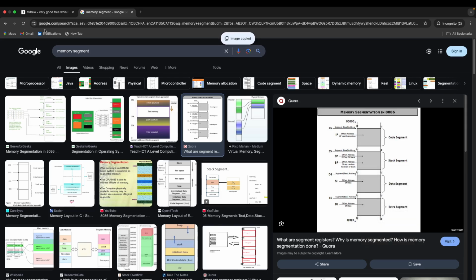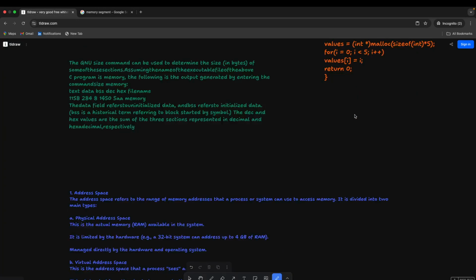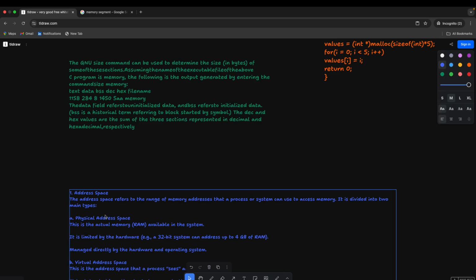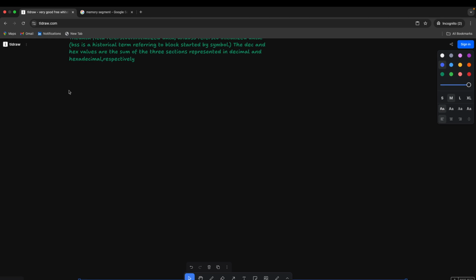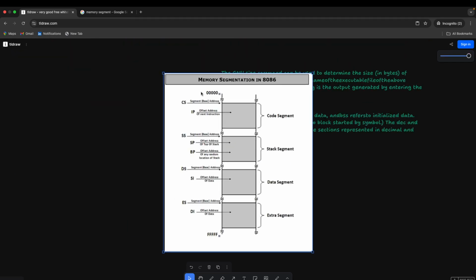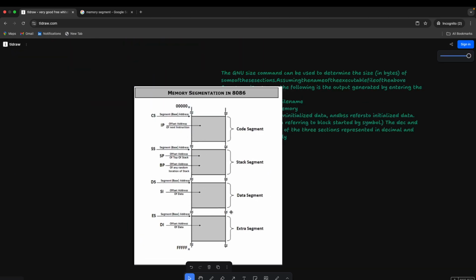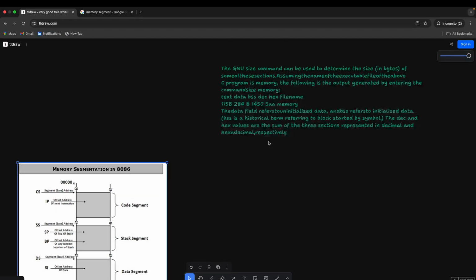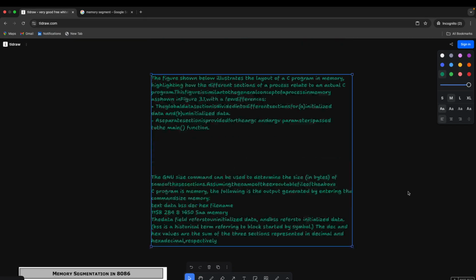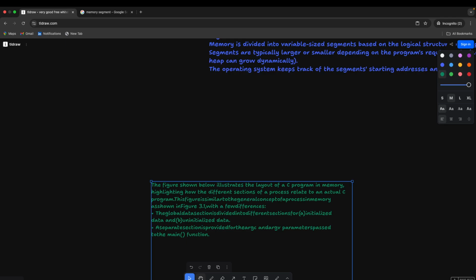I should copy it, and let's have a new page itself. Okay, let's get this thing down. Paste. Okay, this is for 8086, but this is how in general the memory behaves.